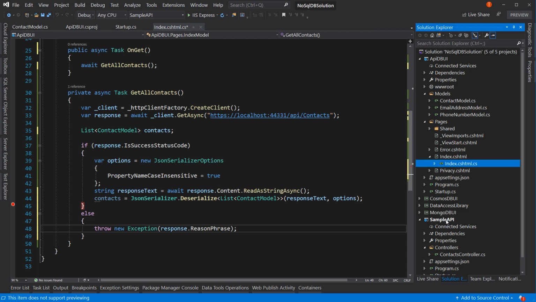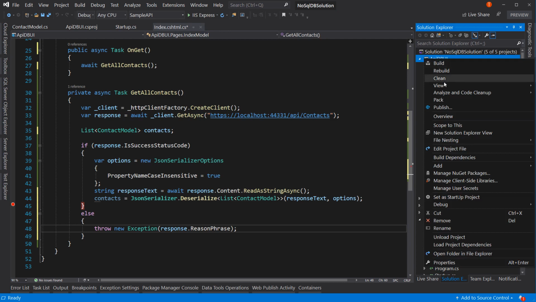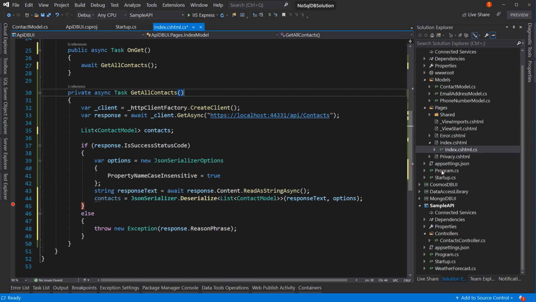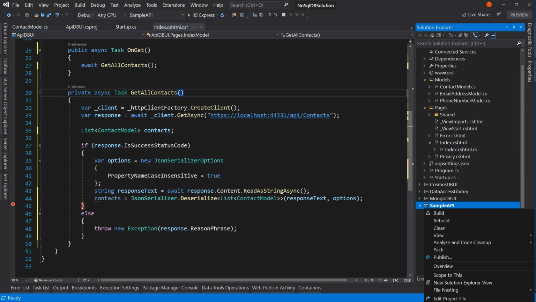So what we're going to do is I'm going to change this to be IIS Express, sorry. If we were to set this as startup project, so let me explain what I'm doing. On the API itself, I'm making sure it launches as IIS Express because only if it's IIS Express can we get the